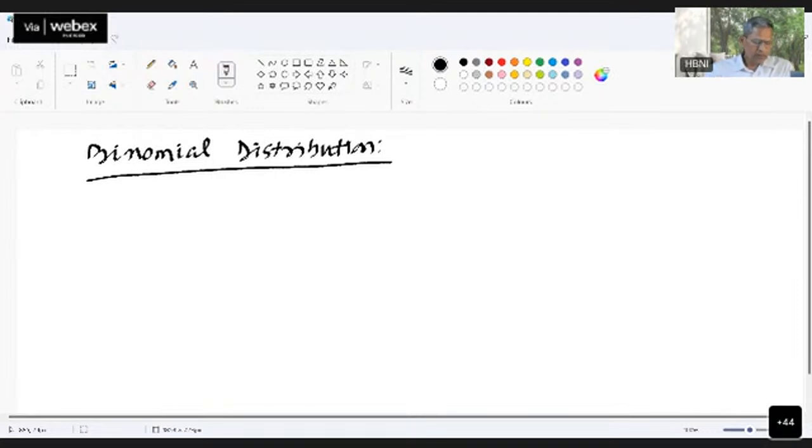This distribution is based on a condition. When four conditions are satisfied, then whatever distribution it gives is called the binomial distribution. Those four conditions are for any process satisfying these four conditions, like: